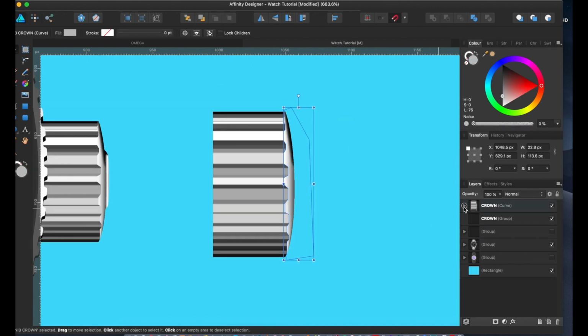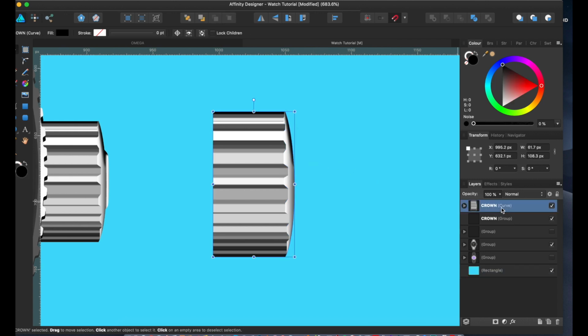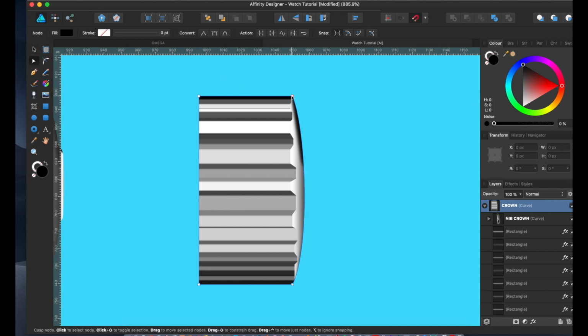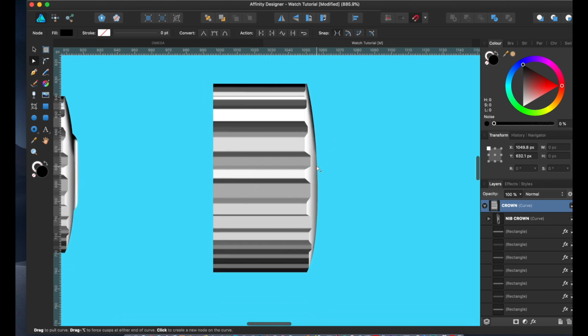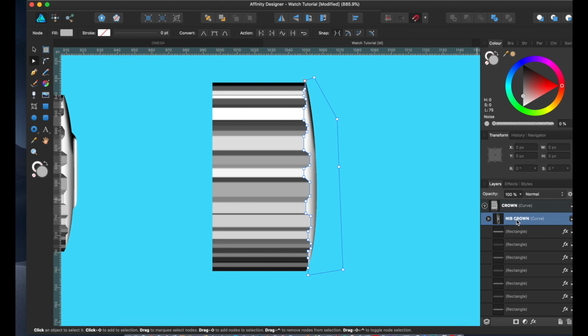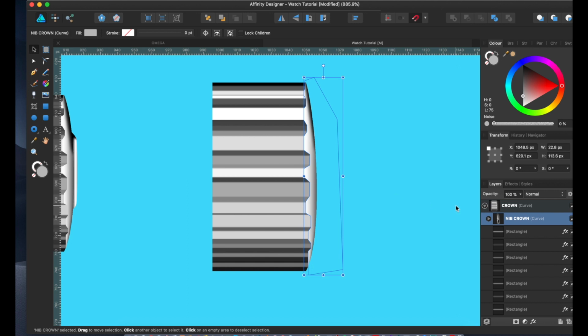The main crown. I'm going to take it apart for you. It's pretty much a square, and then I've just played around with one of the sides here. So if I go on to the node tool, you can see that if I press on that, literally it's just a square, and I've just played around with the nodes to give it more of a rounded edge. Within this shape, we have lots of different colors and shapes. So if I show you this bit here, these are kind of like the little teeth of the crown.